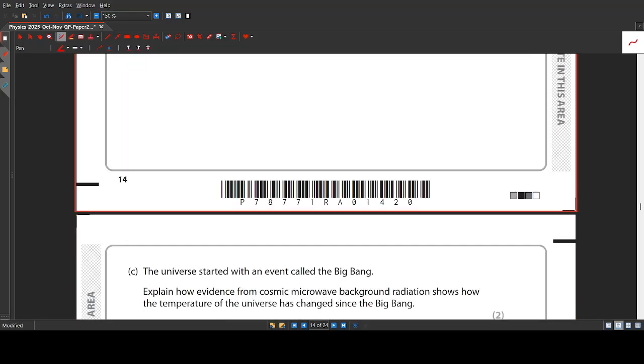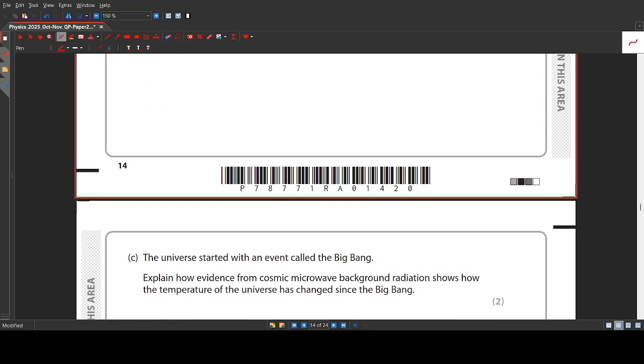All right. The universe started with an event called the Big Bang. Explain how evidence from the cosmic microwave background radiation shows the temperature of the universe has changed since the Big Bang. So you will have to memorize this theory as well. Now, what basically happened after the Big Bang is that the universe got cooled. Now, cosmic microwave background radiation basically proves this, because initially, when the Big Bang happened,